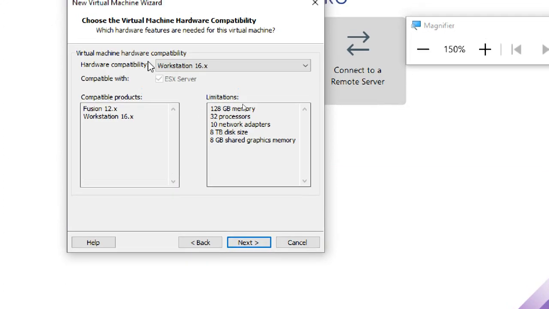Next, leave it like this only. No need to change anything. It is showing 16x compatibility. If you get something different, no problem, don't worry about it, because it depends on which version you installed, so it will always show the higher version.